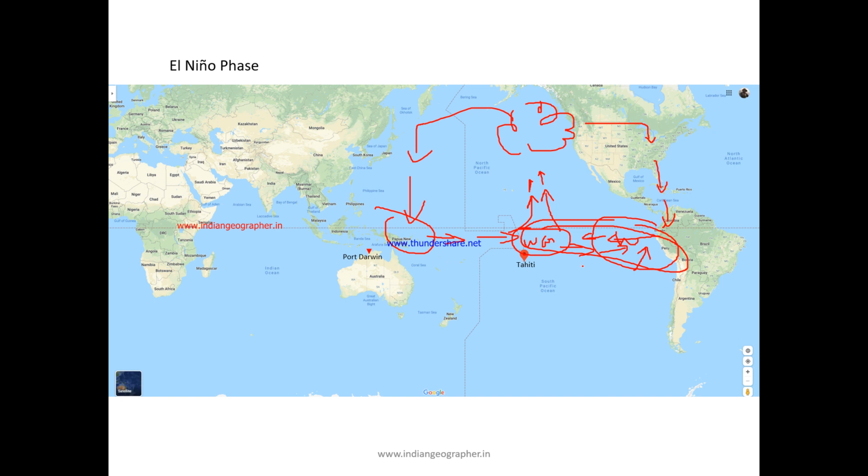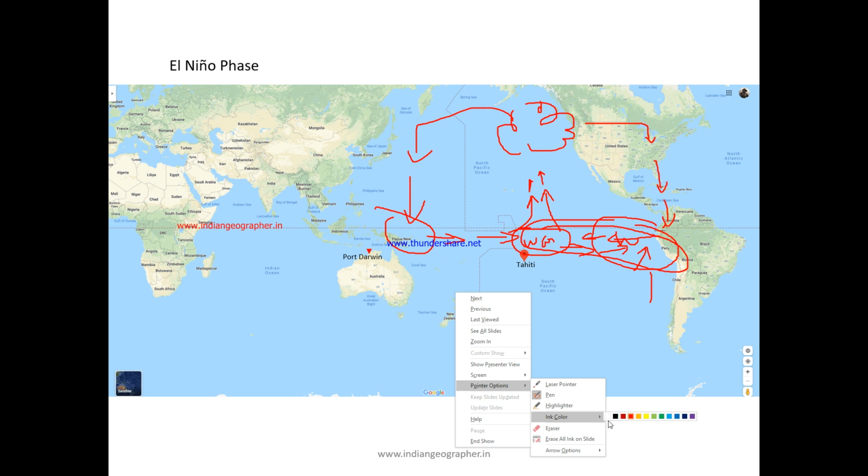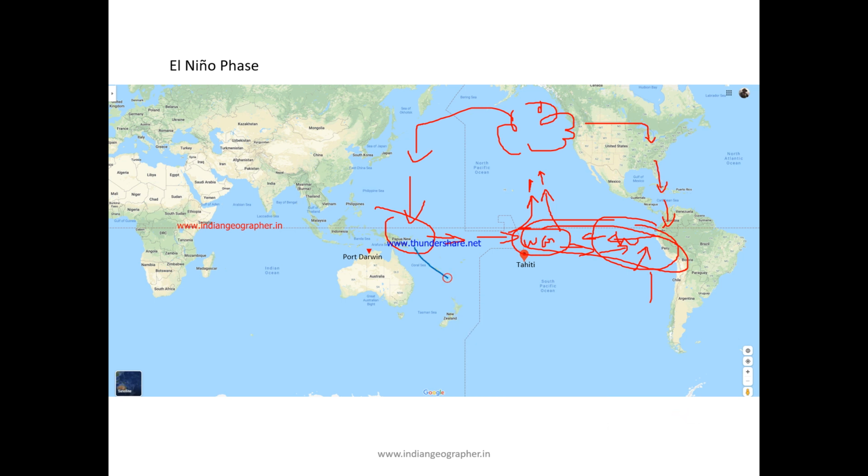So the entire reversal happens. Here, whatever cold water is there will start downwelling, and there will be upwelling happening on this side. So you'll find cooler waters coming up on this side. So what is happening is the entire circulation